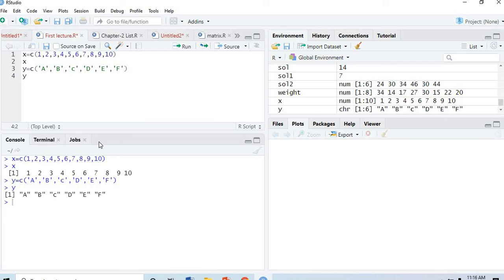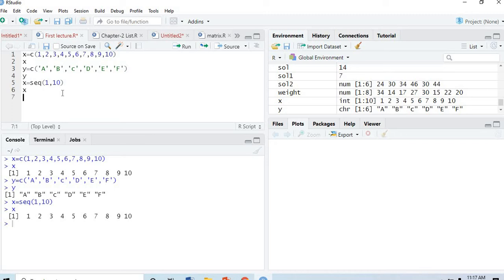This is the first method in R which we can use to create a vector, the combine method. The second method is called the sequential method. What is the sequential method? It is one of the quick methods. If you want to create a vector X, now I'm not using C, I am using seq, and I type 1, 10. I am creating the elements from 1 to 10 in vector X using the sequence method. Once you press Alt plus Enter and type X, elements 1 to 10 are created automatically by the command seq.